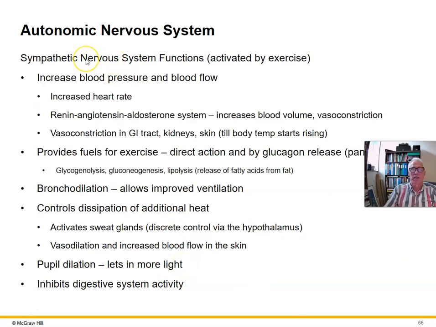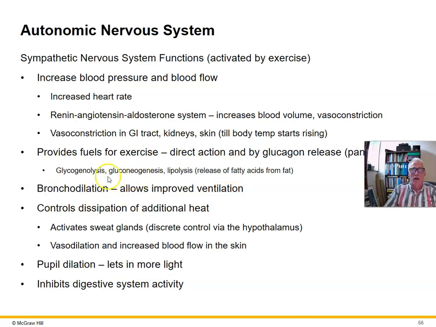So here's just a kind of a listing out of some of the things, as I said, that the sympathetic nervous system does for us during exercise. Increased heart rate. We talked about the renin-angiotensin-aldosterone system that causes vasoconstriction to support blood pressure, as well as increasing blood volume. Aldosterone causes the kidneys to retain salt and water. We're going to divert blood flow from the gastrointestinal and digestive system, the kidneys, to the working muscles by vasoconstricting those organs. We're going to mobilize glucose from glycogen stores and fatty acids from adipose tissue, so we have